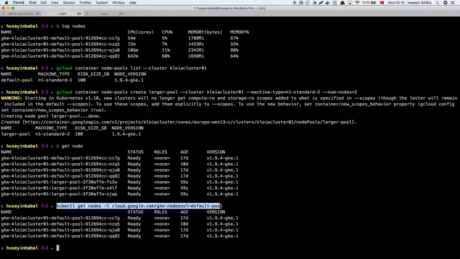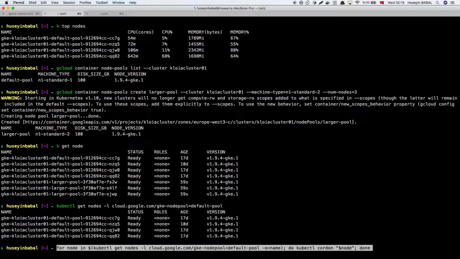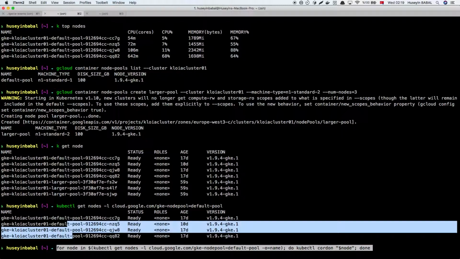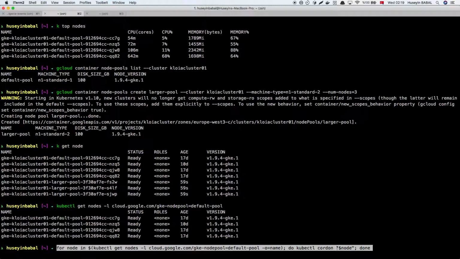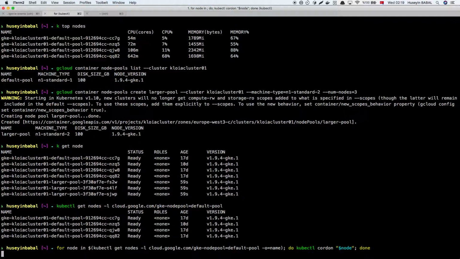I can use this notation in order to cordon all the nodes. So here I am saying get me all the nodes that are listed here, and then cordon all the nodes which are in this list. When I say this,